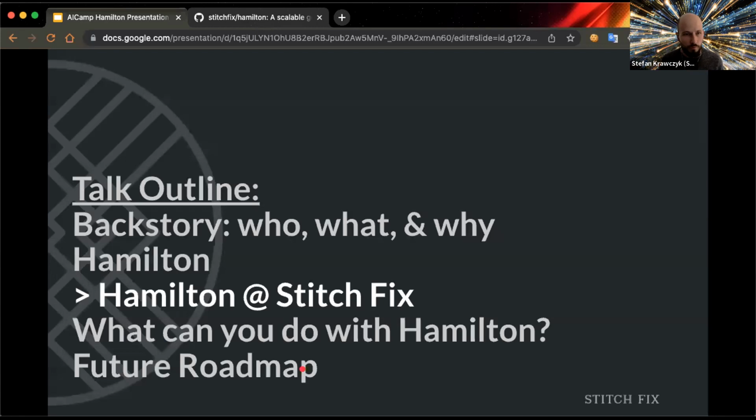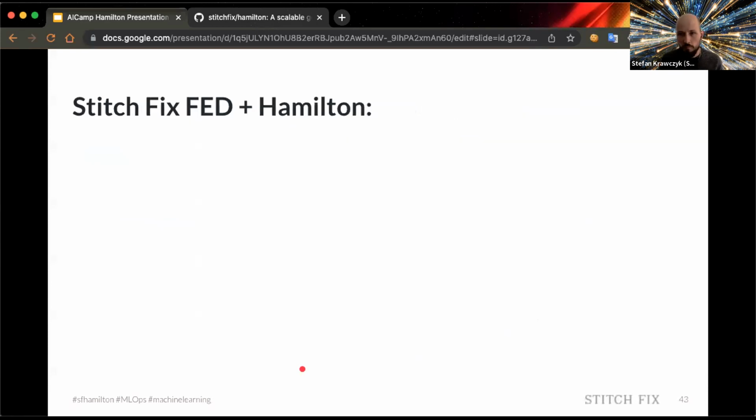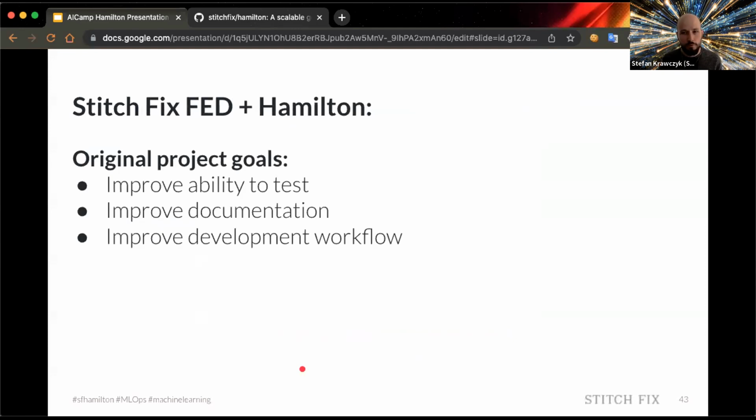So with that, I'm going to switch to talking about Hamilton at Stitch Fix. You might wonder, Hamilton's been running in production for over two years at Stitch Fix, and it's been pretty successful for us. When we started, the original project goals were to improve